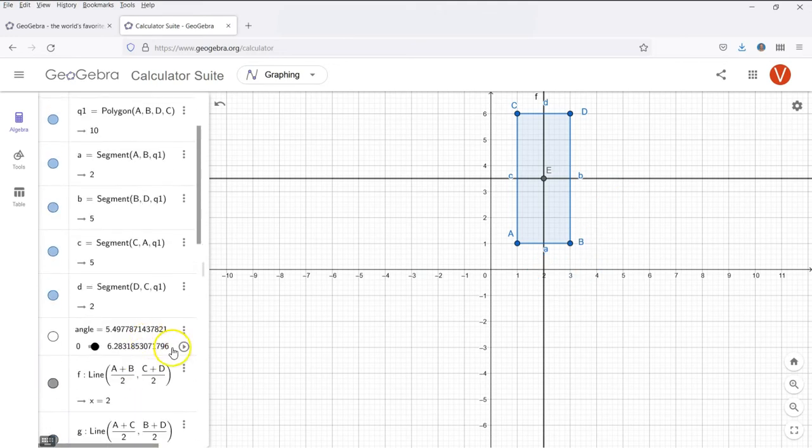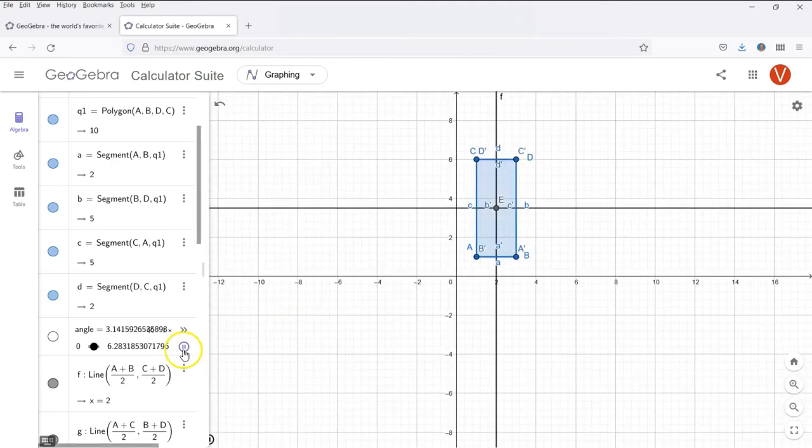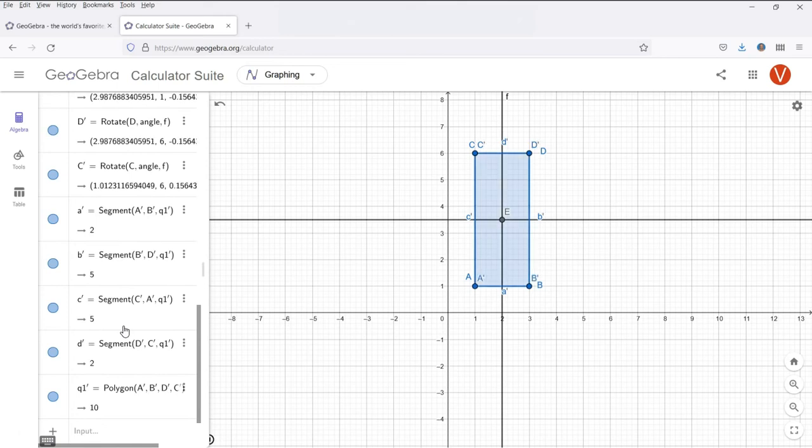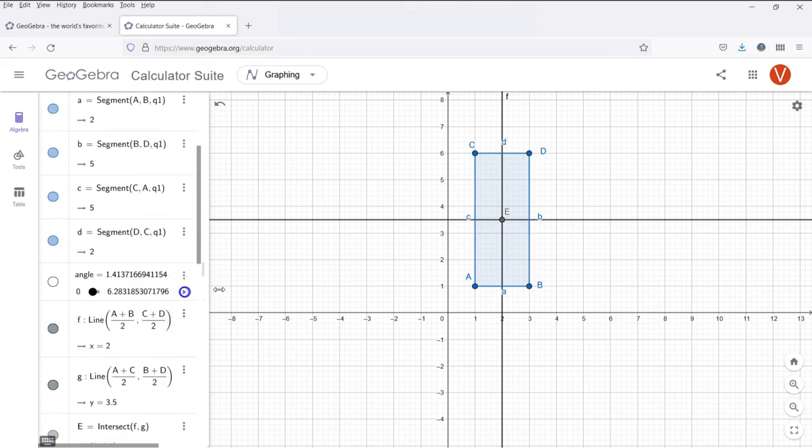So again let's do that. See, after every interval of pi, it will again become darker. Now that is happening because we are using a 2D graph. Since there is no third dimension, it is not actually showing you the actual rotation itself. So let's do one thing. Let's go to the third dimension to see that.